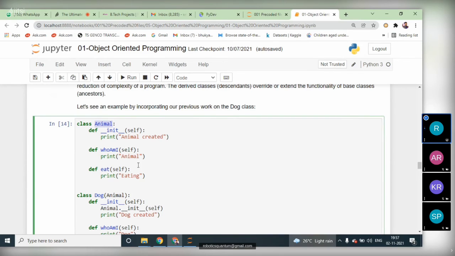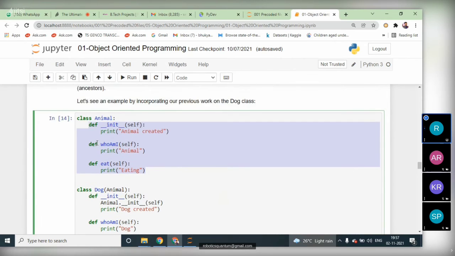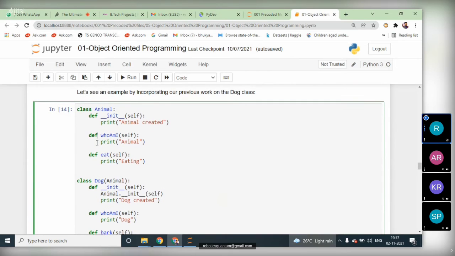Now whatever things are available in the animal class can also be accessed by this dog class, because as we know, we can use the properties of our parents or grandfathers, because we have a right to use those properties. Likewise, without having a relation we cannot. How does it happen? We make a relation by passing the name of the parent class as a parameter in the child class. Now we can use the properties of the parent class from here.